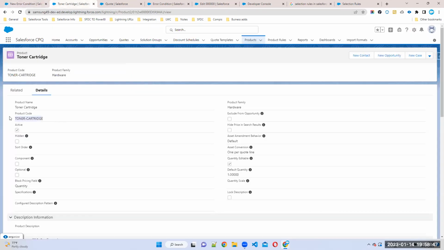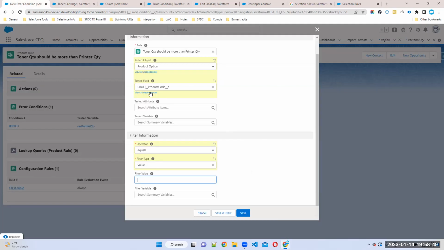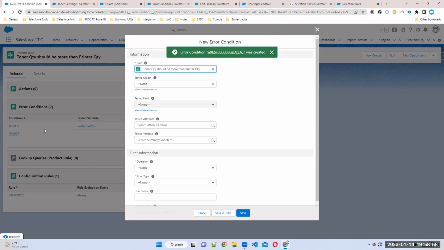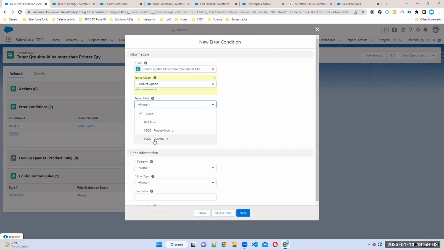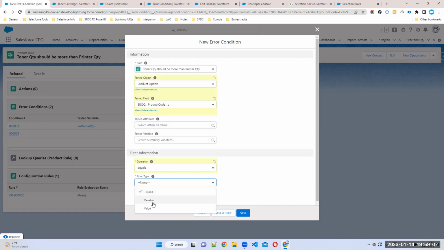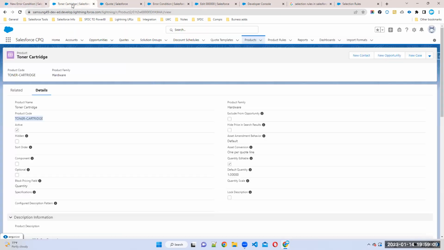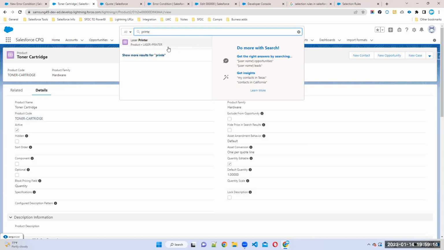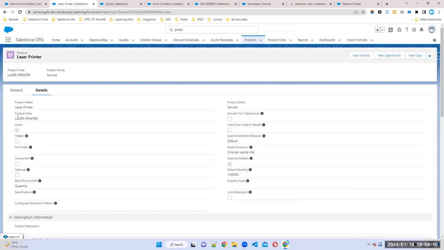So here I will give a first condition: whenever I'm selecting toner. This is one. Okay, madam. First condition, 3 conditions. The other one is: product option code equals to value. The other condition is printer. So whenever I'm selecting now,